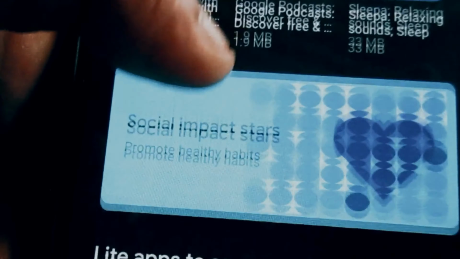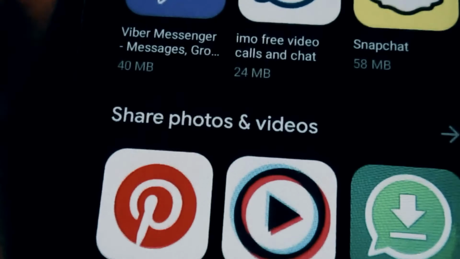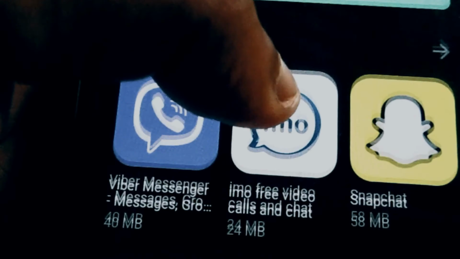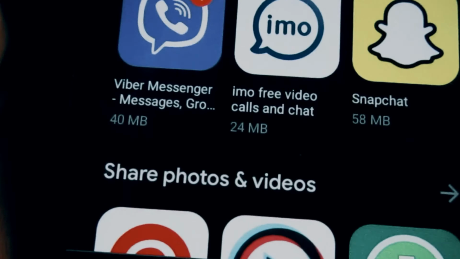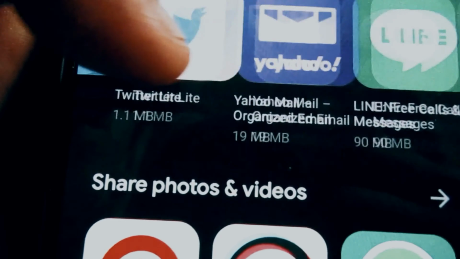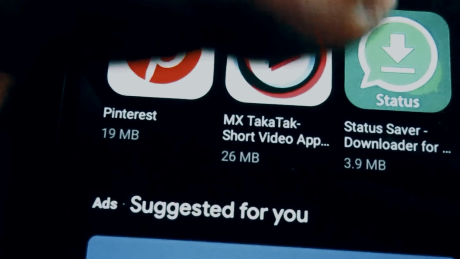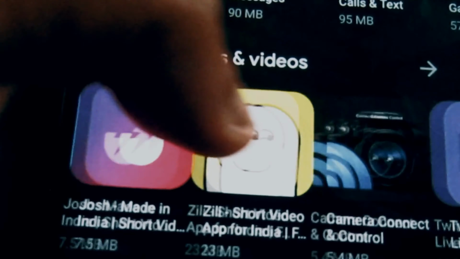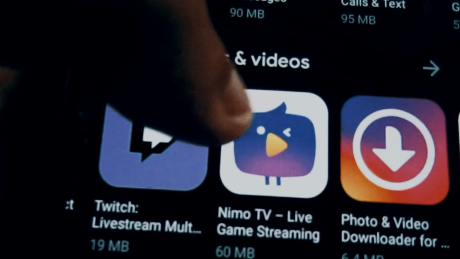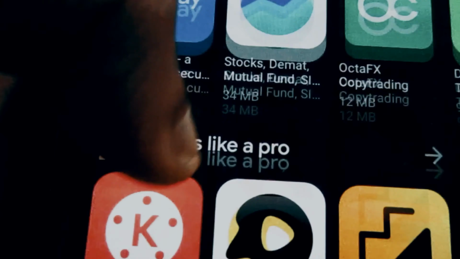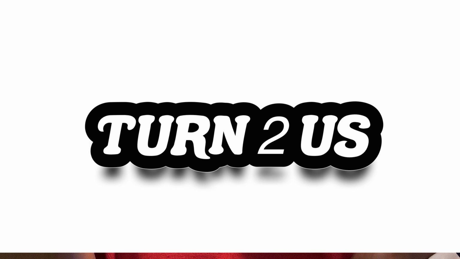So let's go together. But before that, whether you're facing a tough time right now, I know someone out there is facing a tough time in the form of a loss, school fees, feeding, and many others. Or you just need a little extra push in the form of financial help. This resource can be a game changer. So be with me. The website is called Turn to Us. First, let's visit the Turn to Us website.